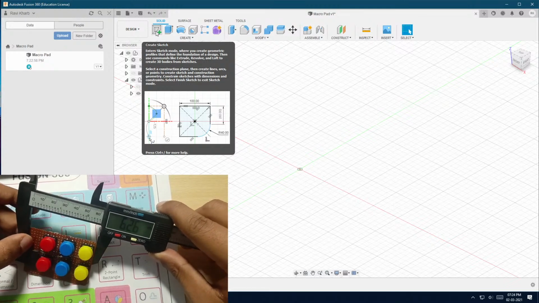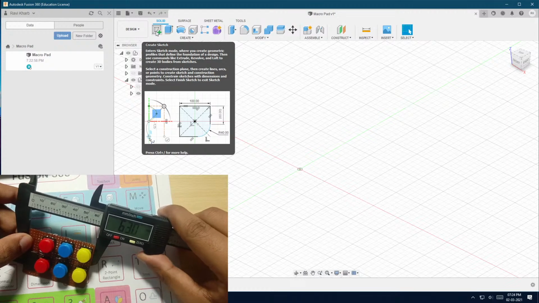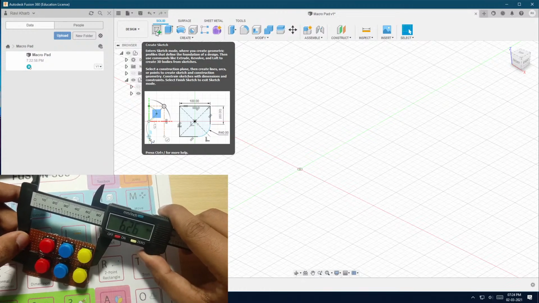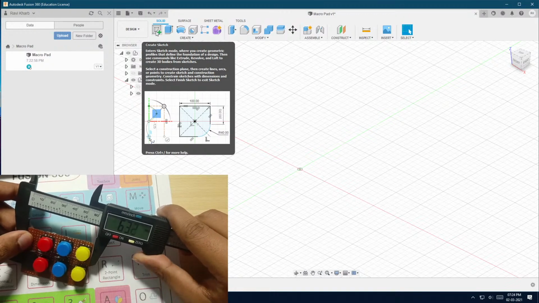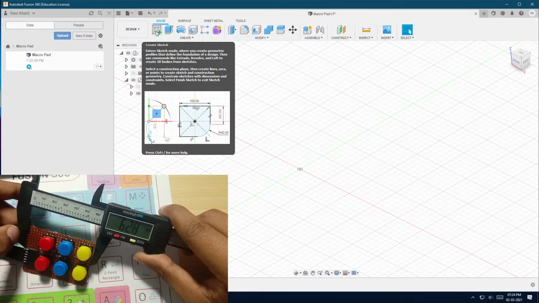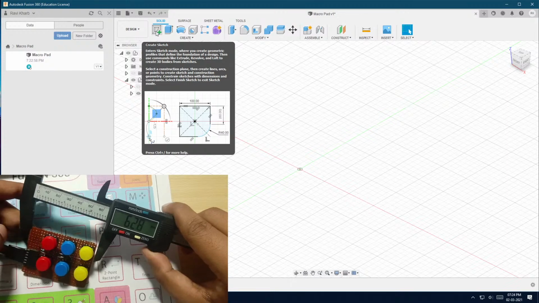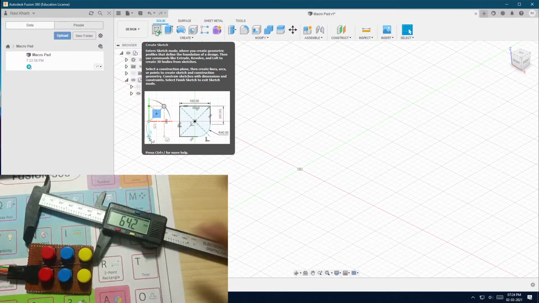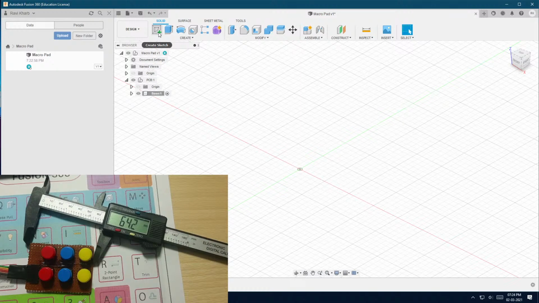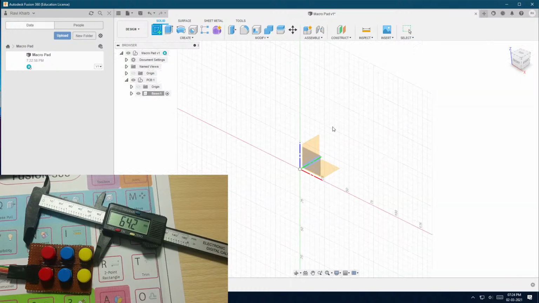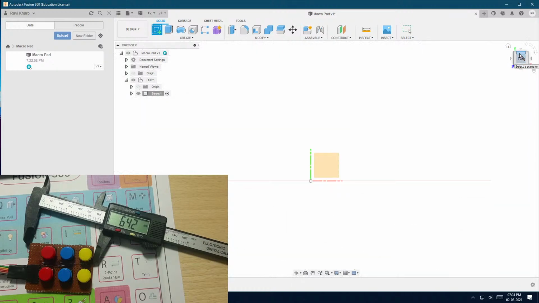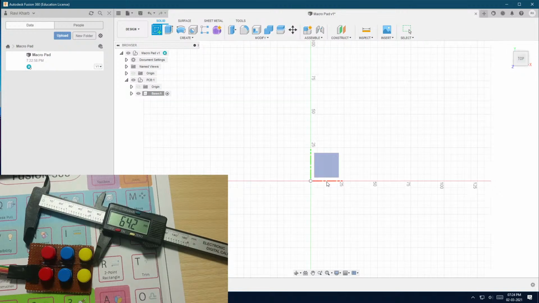So this looks to be 62.6 millimeters. So yeah, let's create a new sketch looking from the top,